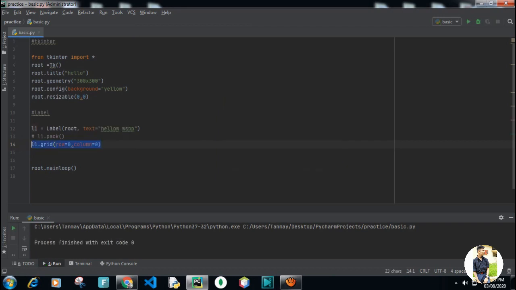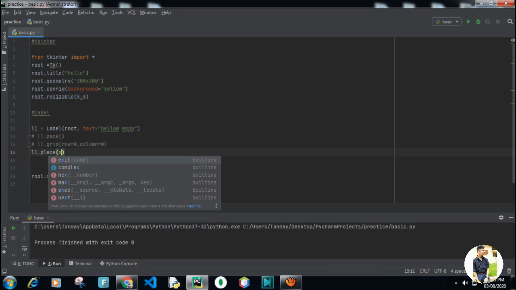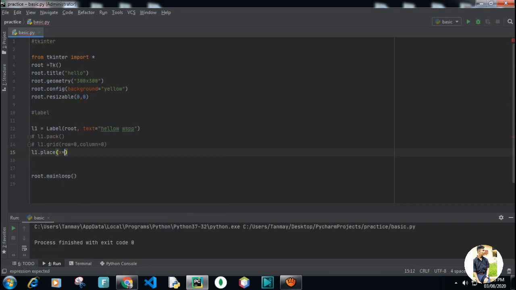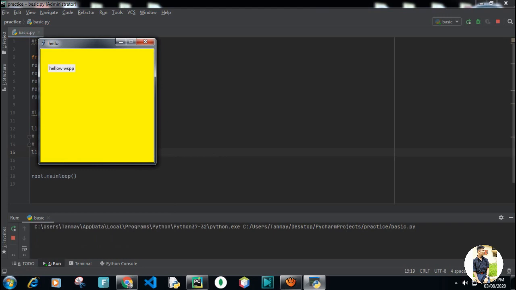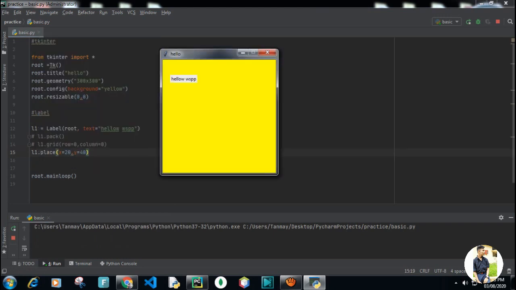It has one more, which is my personal favorite. It is place. Place has x axis and y axis. Like x I will take 20, y let's take 40, and here we go. You can see it is appearing here.